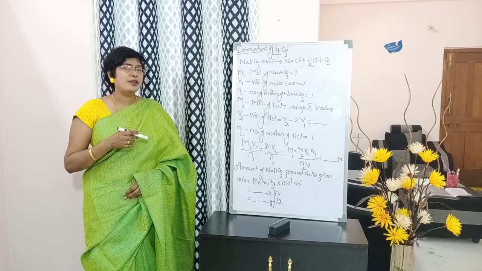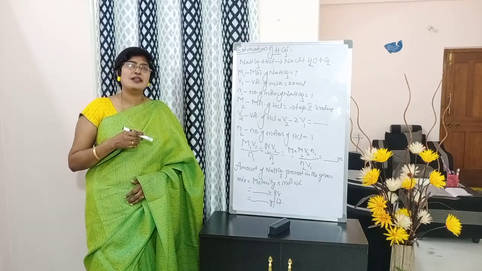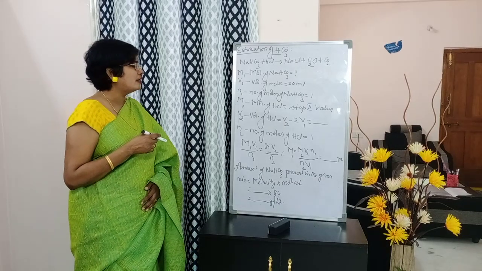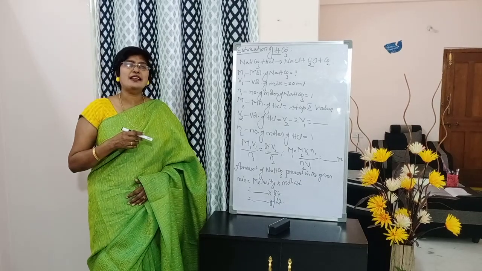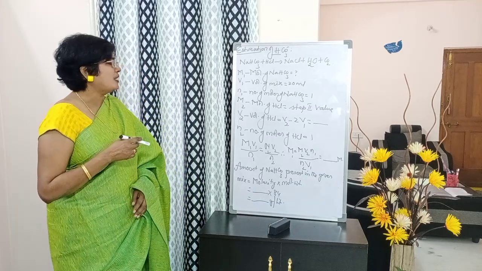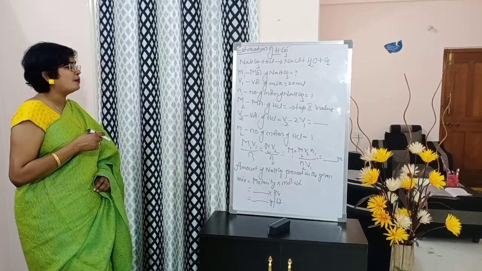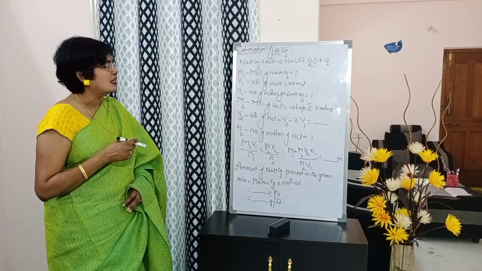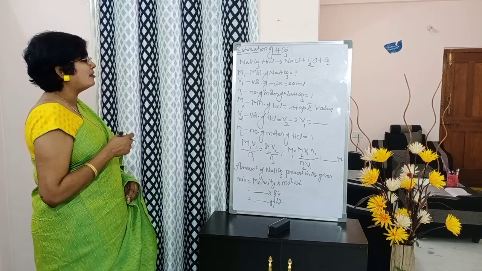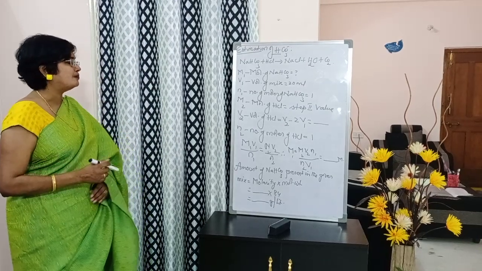Okay. Below comes the formula M1V1 by N1 equals to M2V2 by N2. Therefore, what is to be calculated? M1, right? So M1 is equal to M2V2 N1 divided by N2 into V1. So we will substitute the values, calculate and write down the value. Write down the unit, students, capital M.